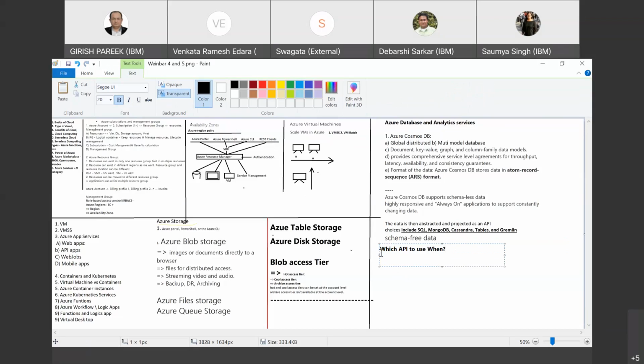So suppose you are building a new application, then you need to decide. There are two things here. One is that you can build a new application. The other is that you do not have a new application; it is an already existing application. So in case it is an already existing application, then in case